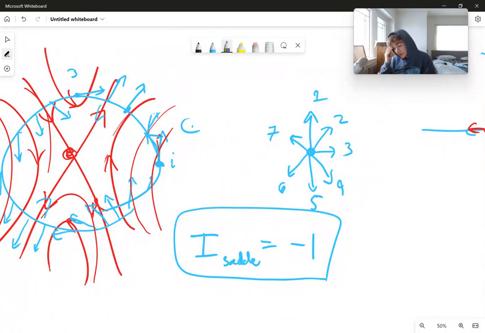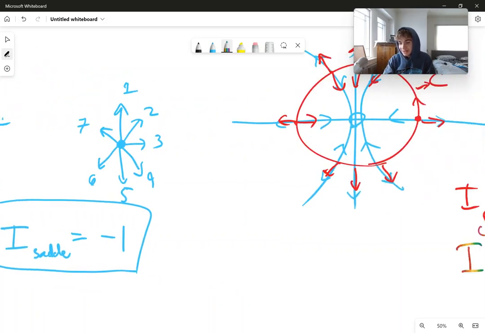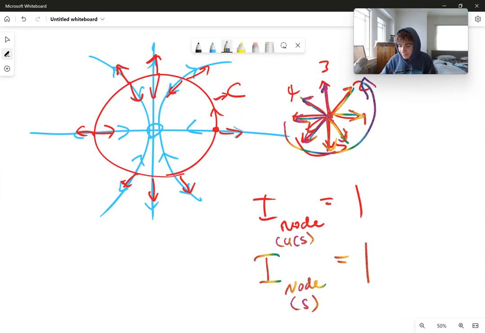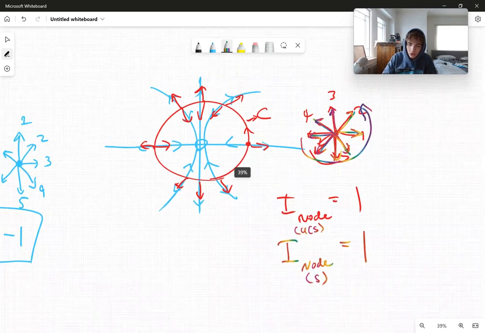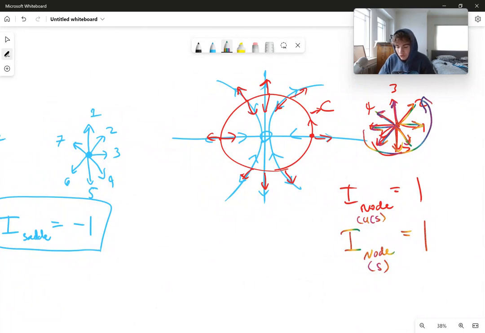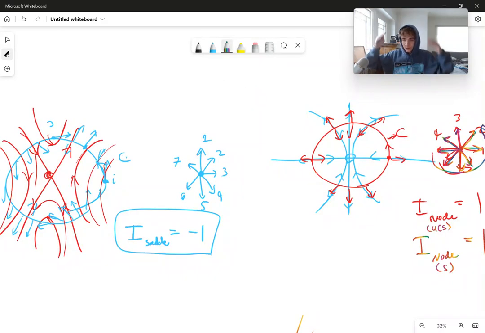So as you can see, saddles have some interesting properties. They're very, very different, like a whole different animal, as Strogatz puts it, than nodes and spirals. Because they have a completely different index, and they're the only type of fixed point that has an index of -1, all the others have an index of 1. Which is fascinating, and you can think about why that is. My opinion, just off the top of my head, is that saddles have an unstable and a stable manifold, which is fundamentally different from nodes and spirals